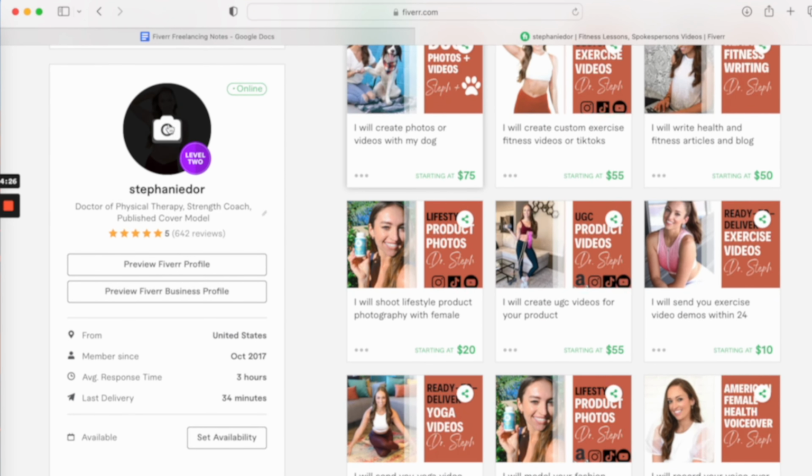First of all, you want to have a very clear profile picture, you guys. We don't want to use a stock image. We don't want to use a blurry photo of you out traveling somewhere. We want it to be a clear photo of your face. So from the waist up or just from the chest up, something very clear, professional, that also may show a little bit of your niche. So for me, I have a waist up profile picture. This was a professional shot, nicely edited, and since I mostly do a lot of fitness related gigs,